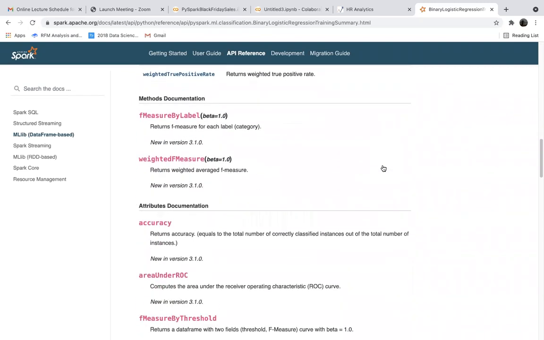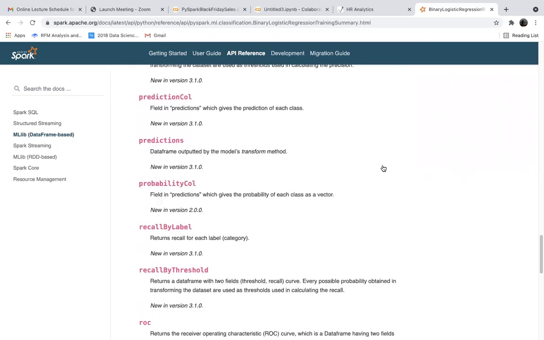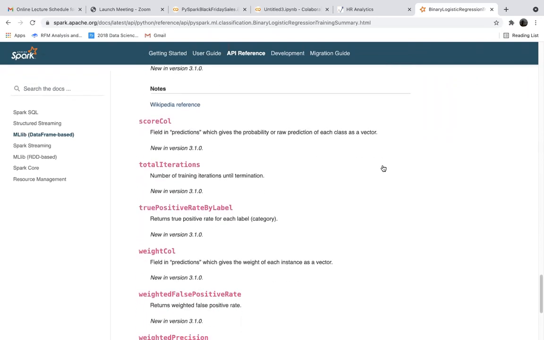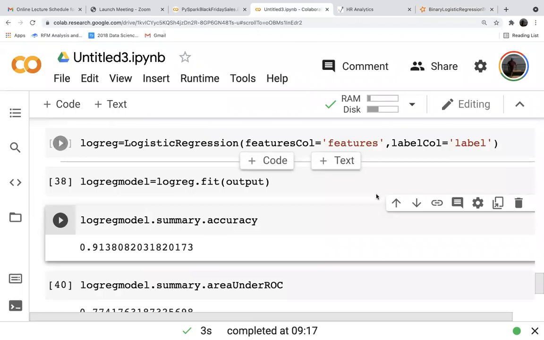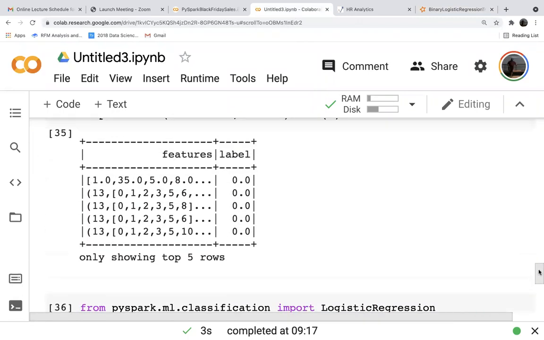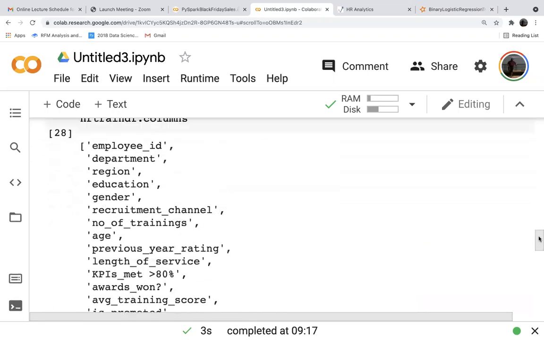An error while calling fit. Did you ask is_promoted in that string indexer?